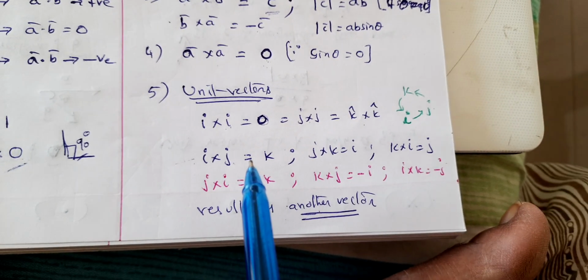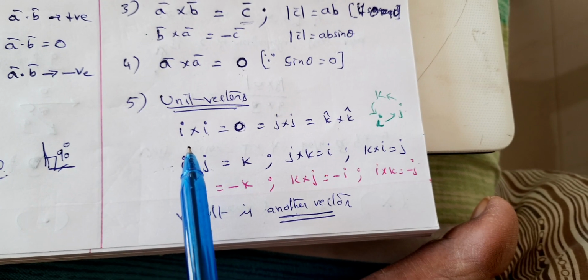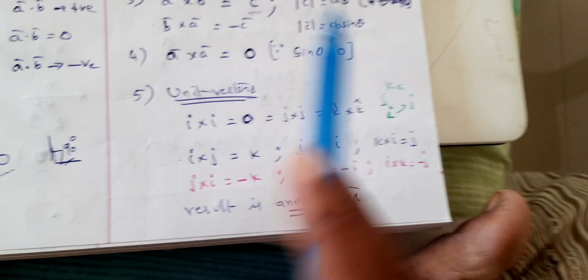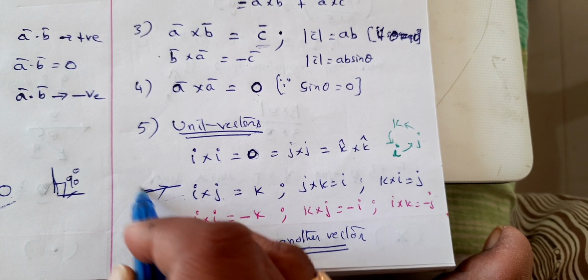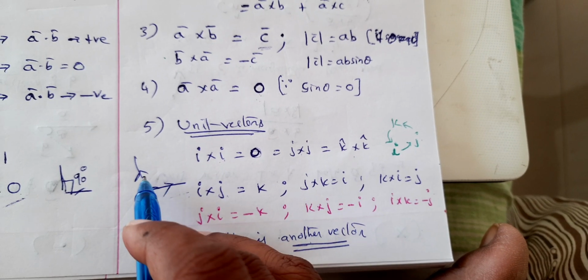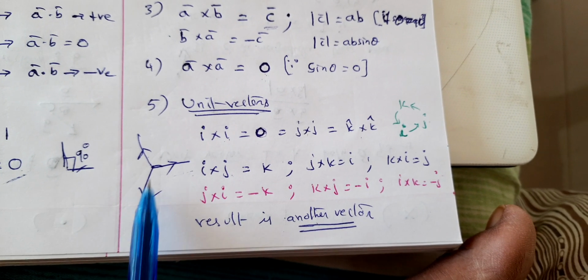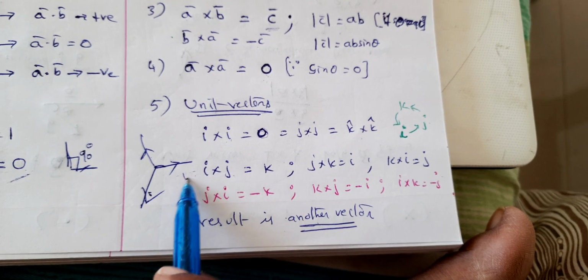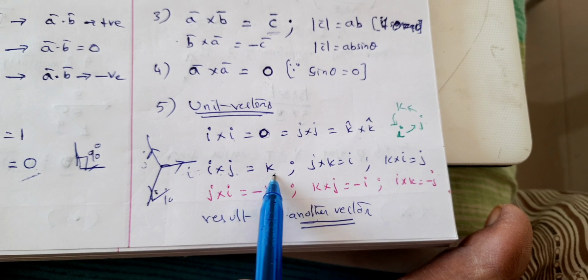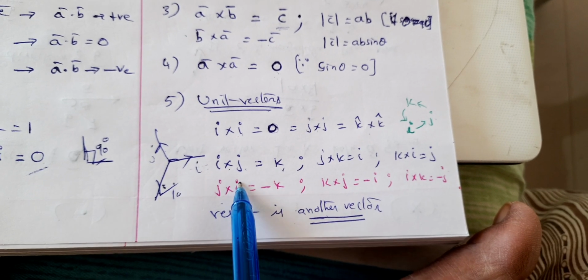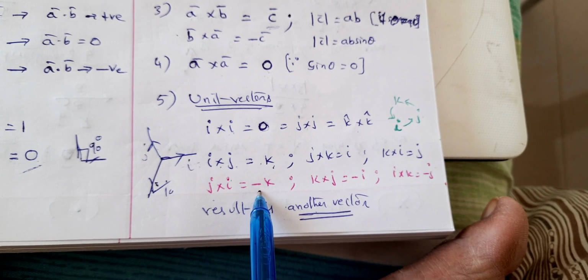How did we define cross product? We defined cross product saying that the product of two vectors gives another vector which is perpendicular to both. So now, if you are talking about along x and along y, I want something which is perpendicular to both. It is none other than z. So this is I, this is j, and then this is k. So I cross j is k. Now j cross I, commutativity doesn't hold good, you will get minus k here.